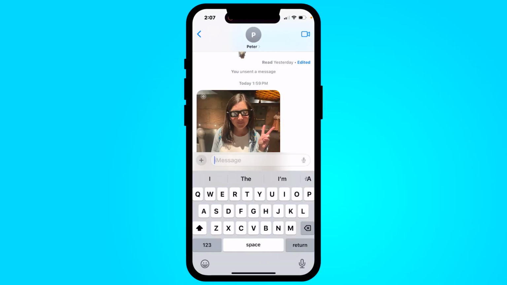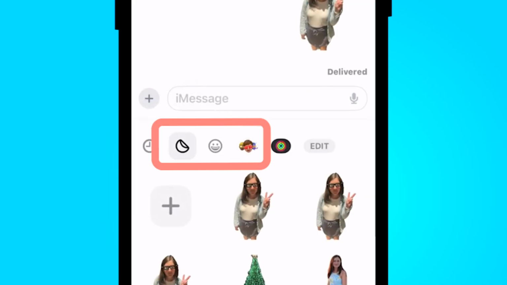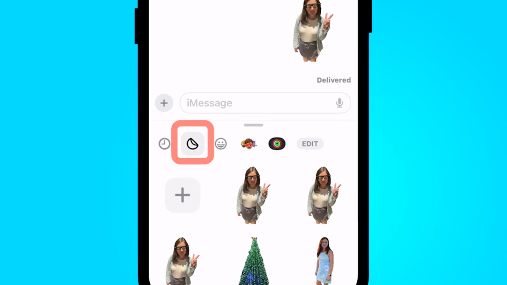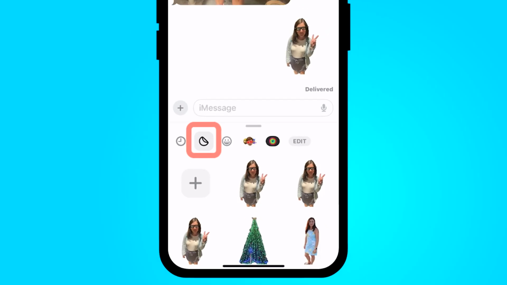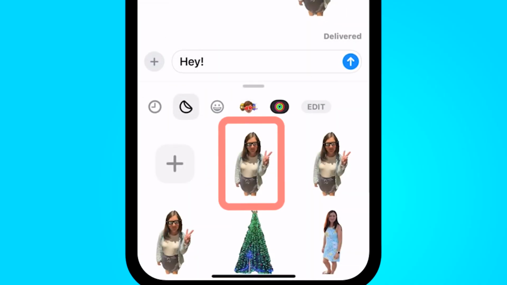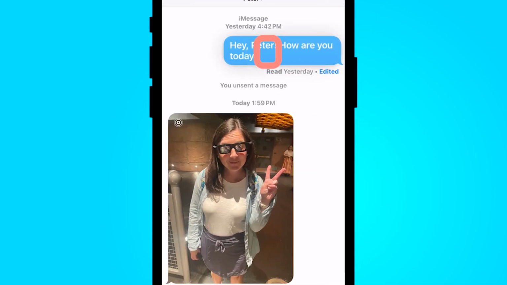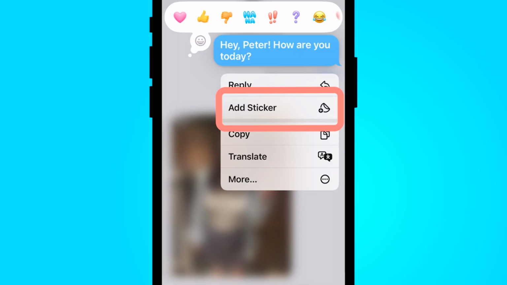Let's get started. You can express yourself by using different stickers you've already created. One way would be to click the plus button here on the left and then go to your stickers. This is also accessible if you go to your emoji keyboard. The image for stickers is this circle with it folded over a little bit. You could add a message and then put your sticker in there. Or to react using stickers, simply hold down the message bubble you'd like to add a sticker to, select add